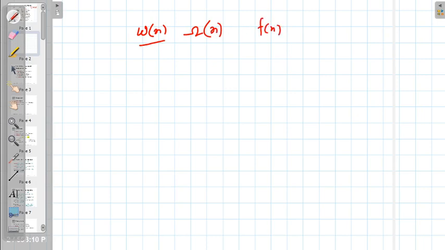Say f(n) = 2n + 3, and this is greater than or equal to 2n for some constant c and n naught. So this is true, right? And then we said that f(n) = Omega(n) as well. So the condition, f(n) should be